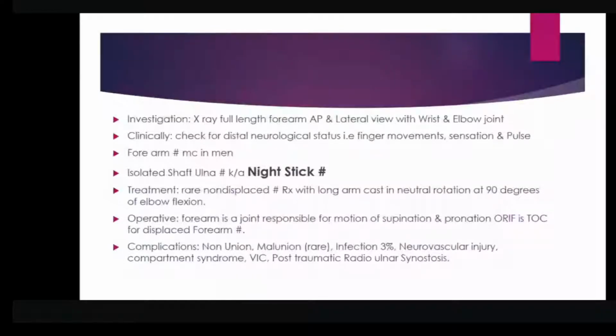Now whenever you write down a plaster immobilization, think about what the extent of the plaster should be. Plaster incorporates the joints for immobilization. So whenever I am trying to immobilize a bone, I have to immobilize the joint proximal and the joint distal to the bone. That is the principle of plaster immobilization.